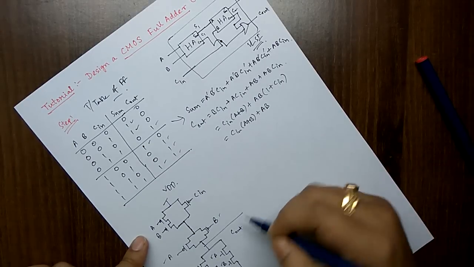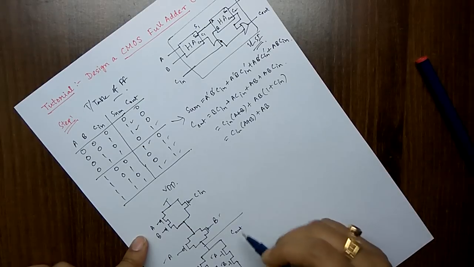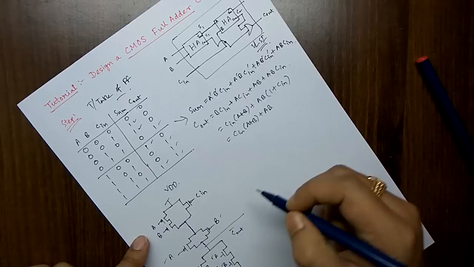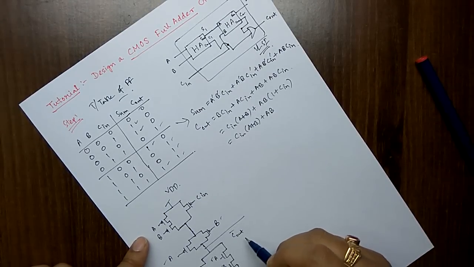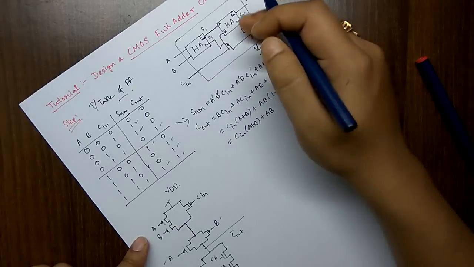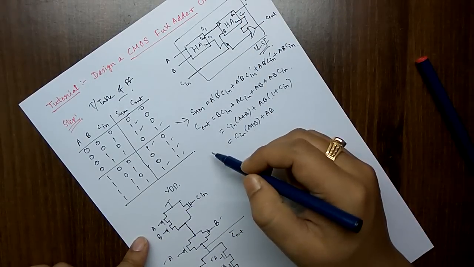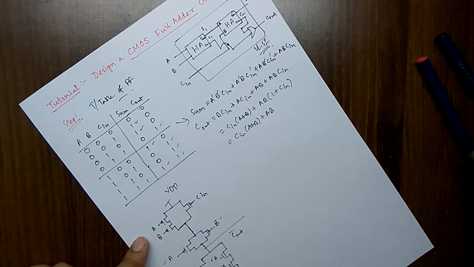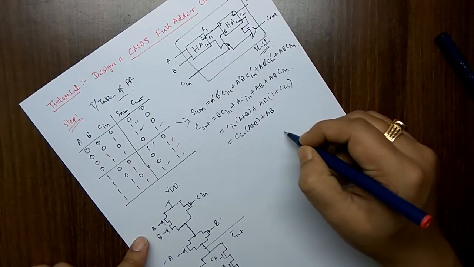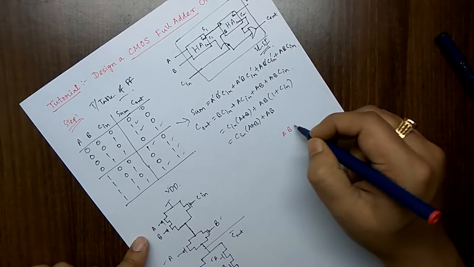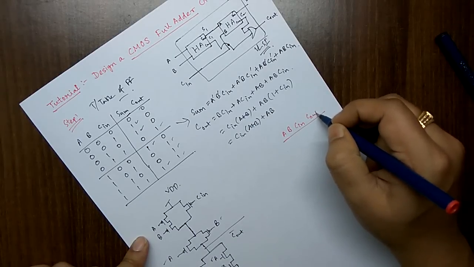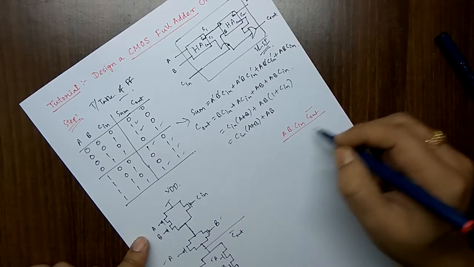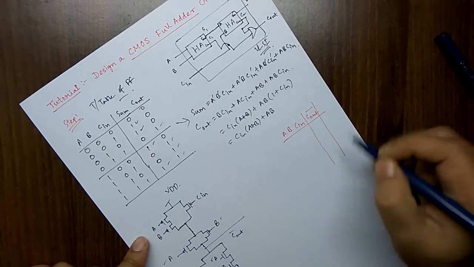But remember, as the automatic inversion is there in CMOS, this particular C out will be C out bar. Now we have to understand that C out bar is taken as a third input of this half adder circuit. Now we have to quickly redraw the truth table, and if we assume A, B, C in, and take C out bar as the fourth input, then what will happen?